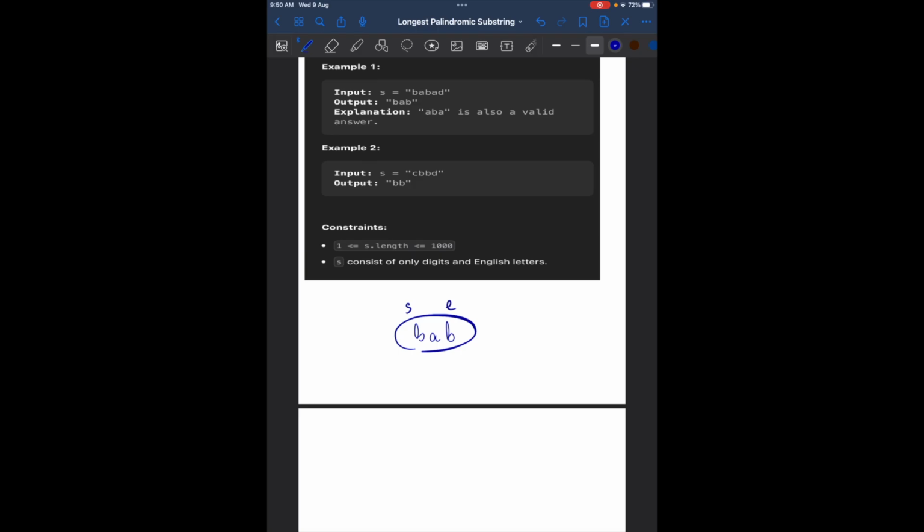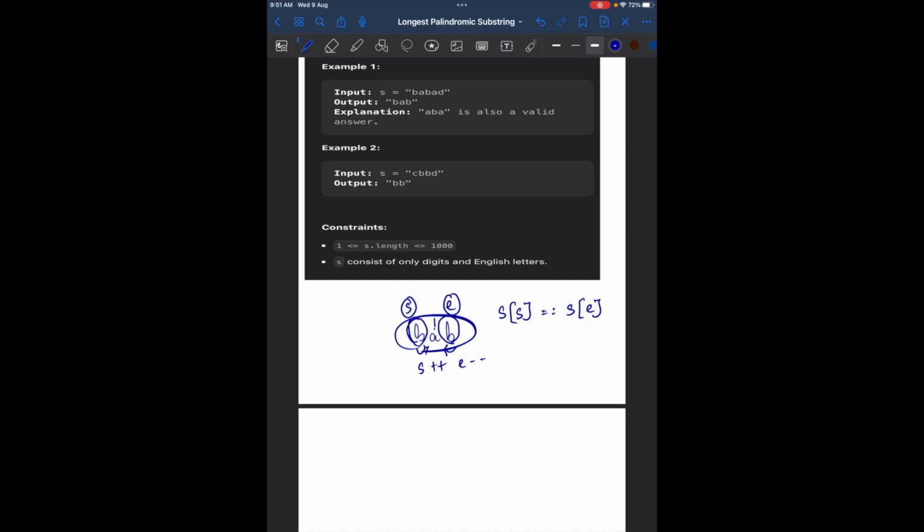So normally how we compare is, we check if the first character at S is similar to the last character at E. So suppose S of S equals S of E, then we move to the inner side, like we check if the next characters are also similar. So in this case we'll be doing S plus plus and E minus minus, and we keep on checking till